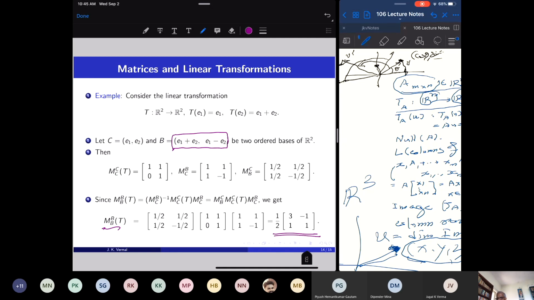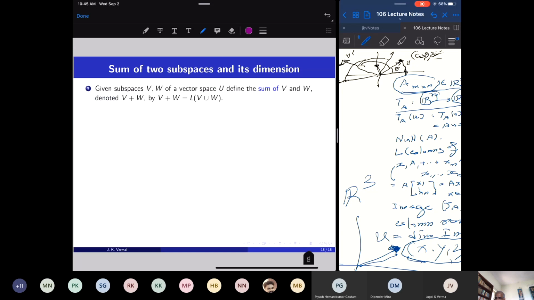Okay, so the matrix of a linear transformation exists with respect to any basis, and the matrices of the same linear transformation with respect to two different bases are similar. This algorithm gives you the matrix of T with respect to B if I know the matrix of T with respect to C. The process is pre-multiplying and post-multiplying by the transition matrices from one basis to another.